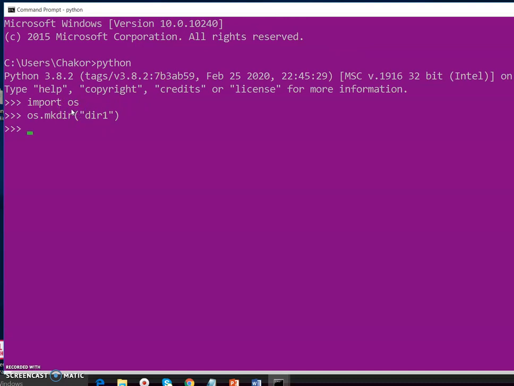If we want to know the current directory name, we can get it directly from the os.getcwd method. So our current directory is users chocos. In that folder, dir1 is present now.